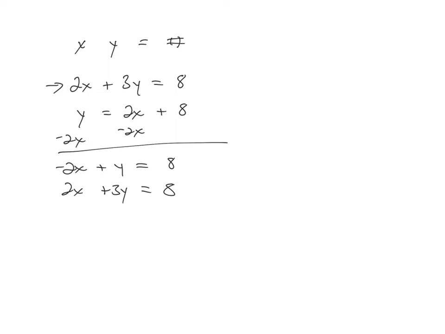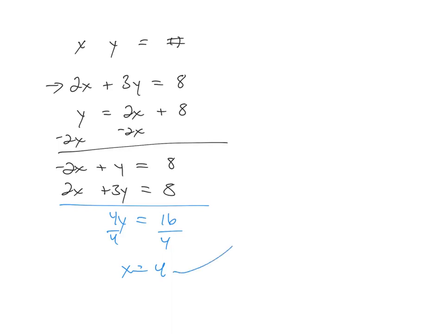Okay, so if I combine the two equations, negative 2x and positive 2x goes away, and I get 4y equals 16, and divide by 4, get y equals 4,